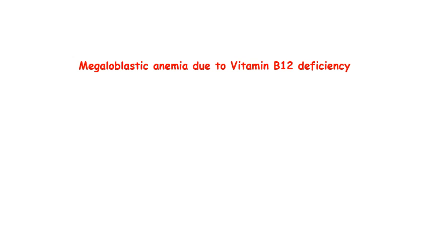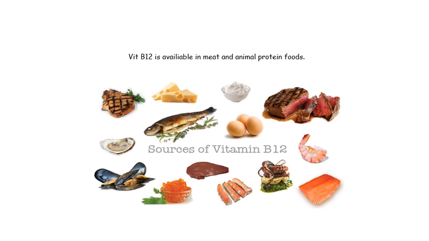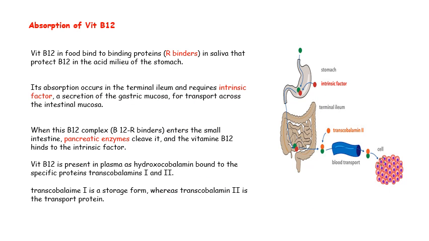So, what about the megaloblastic anemia due to vitamin B12 deficiency? We have mentioned that megaloblastic anemia can be caused by vitamin B12 deficiency or folic acid deficiency. We'll start with the vitamin B12 deficiency. The vitamin B12 is available in meat and animal protein foods. The absorption of vitamin